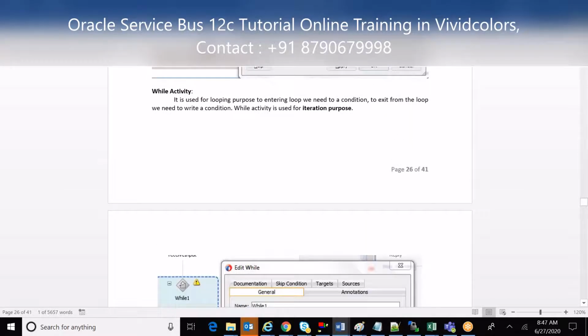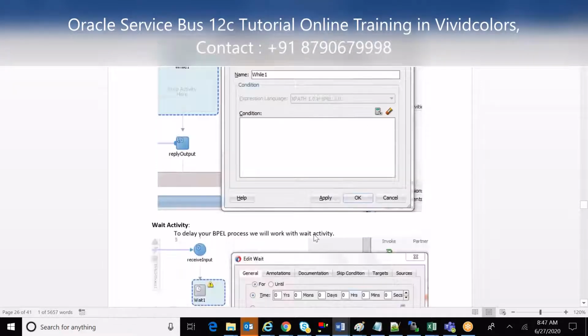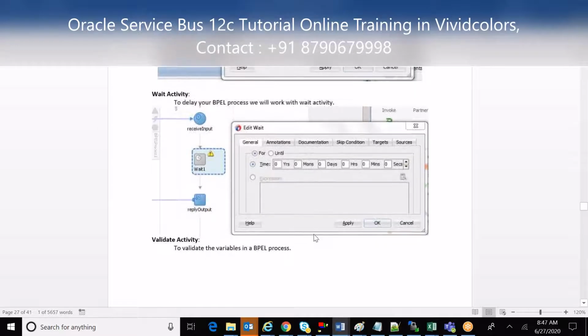Here the case is different. We can drag the while activity and put the main condition there. Before taking the while loop, you can define a count variable as 0, the initial variable, the iterating variable, and an incremental variable of 1. Like that, you can define three variables, and assign them in the while activity as required in the condition. Here is the condition expression editor, where you can define it.